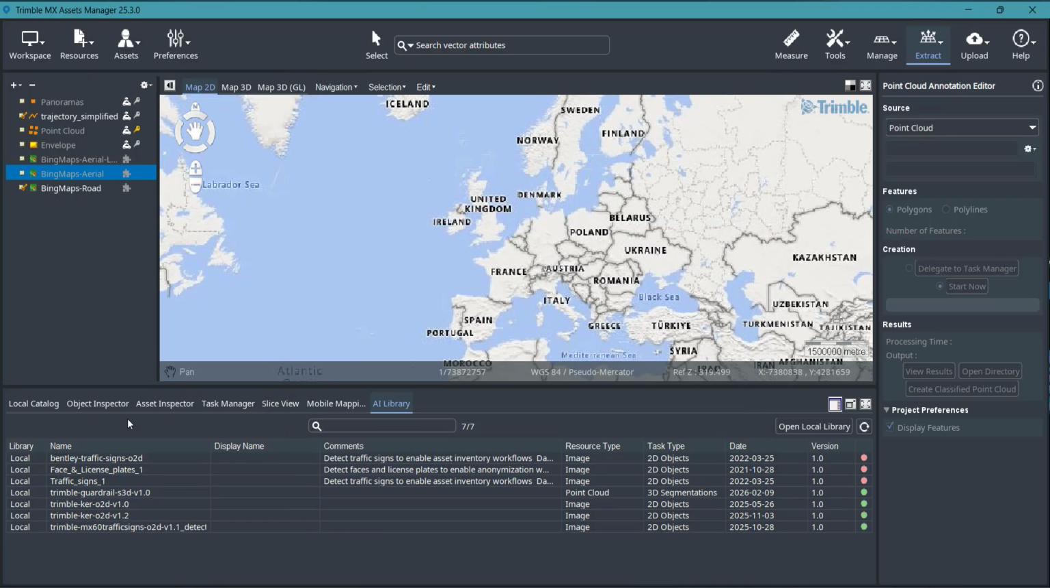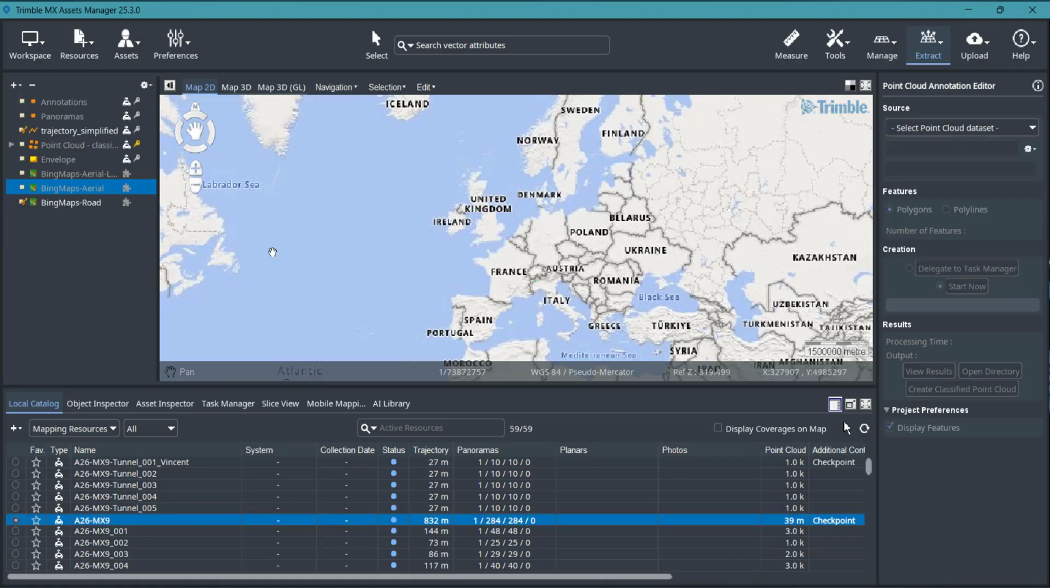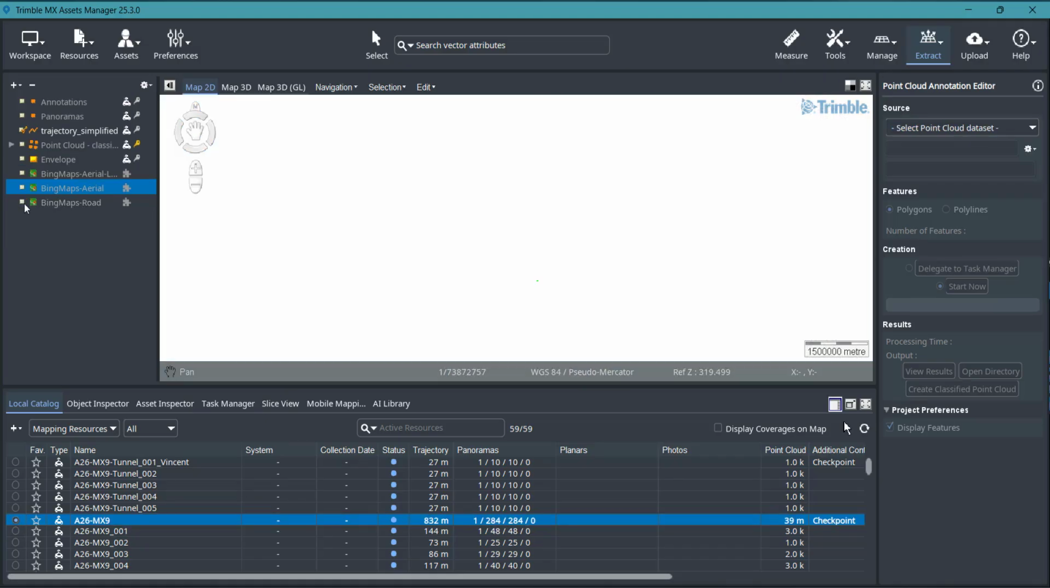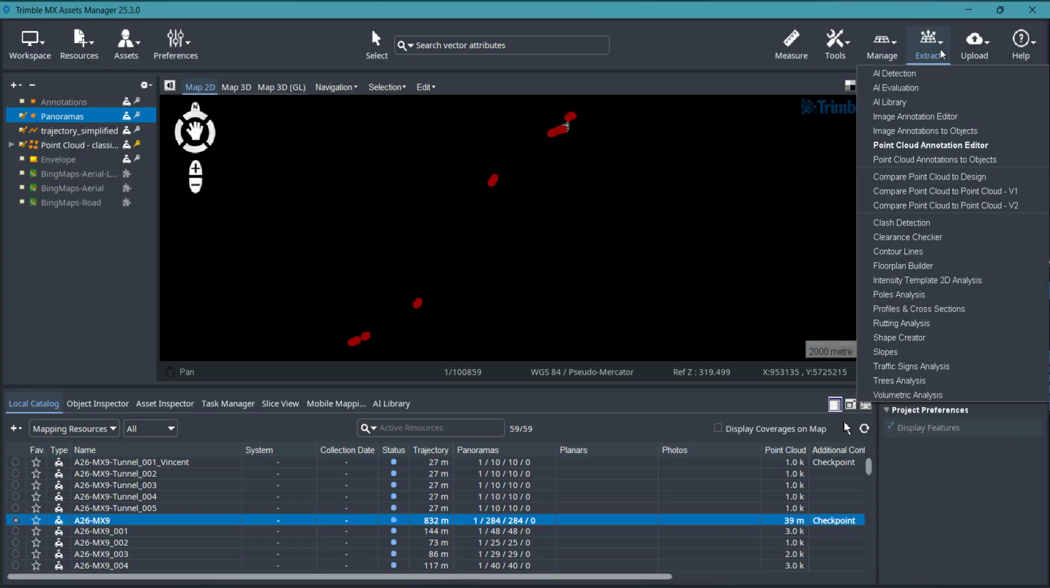So I have a mapping resource here. It contains a couple of annotations. So let me open the panoramas and zoom to dataset extent. So this is the mapping resource. I can show the point cloud as well. It's not very easy to see from there. But yeah, it's a mapping resource with point cloud and images. And it also contains a couple of annotations. So if I go to extract